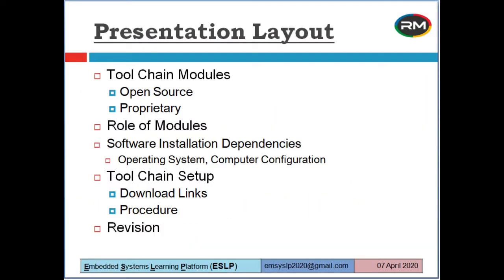The information in this tutorial is presented like this. First, we will understand what a toolchain or an ecosystem, as many would like to call it, is. A number of application software modules used for hardware and firmware development will then be presented under the open source and proprietary categories. Discussion on resolving various installation dependencies for these software will be followed by a detailed installation procedure for the open source toolchain selected by our team. At the end, we will revisit the important concepts discussed in this tutorial.